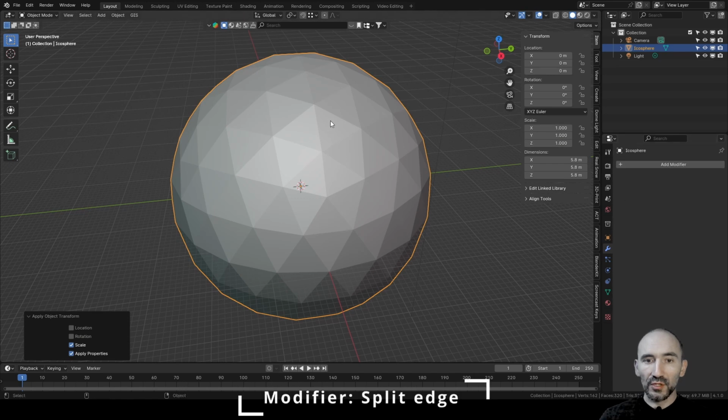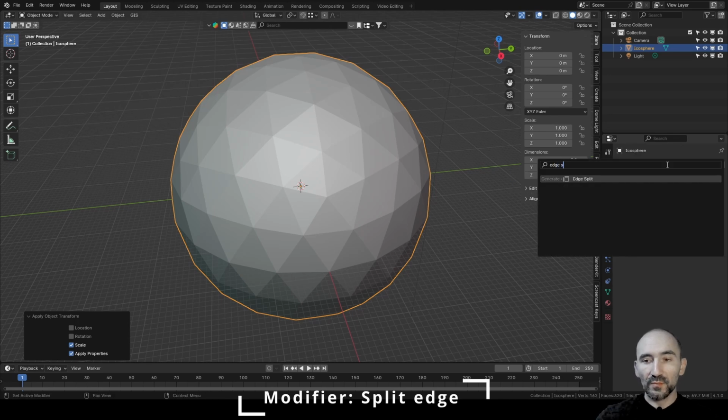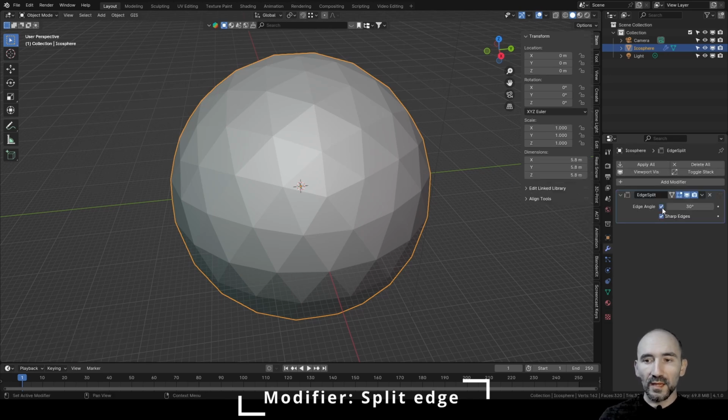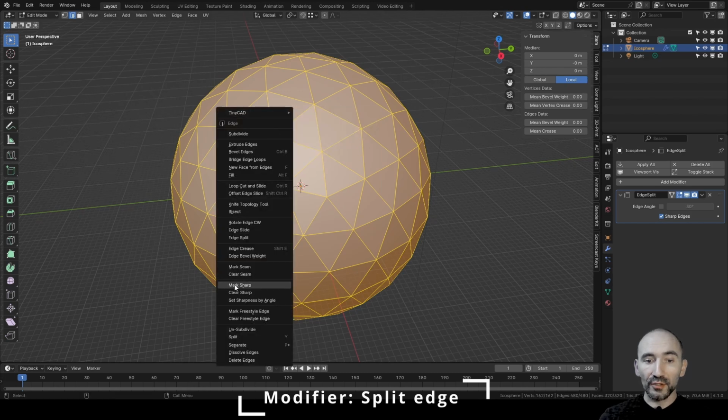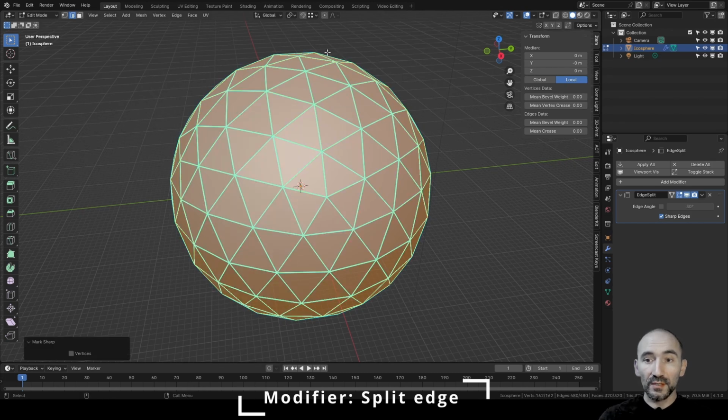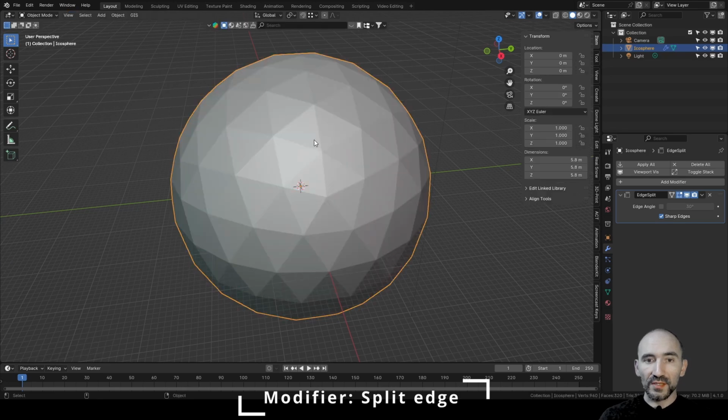And first of all we need to separate the edges of all these faces, and to do this we need to add an Edge Split modifier, and instead of using the edge angle we need to split all the edges, in this case the sharp edges. So we need to go into edit mode of this Icosphere, press 2 to enter edge selection, press A, right click and Mark Sharp to mark all these edges as sharp,